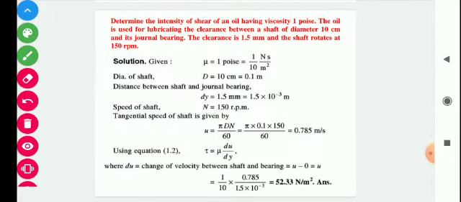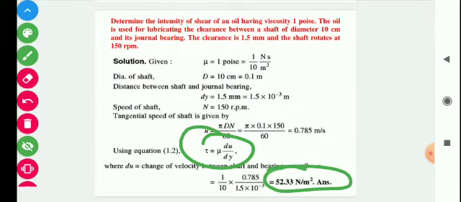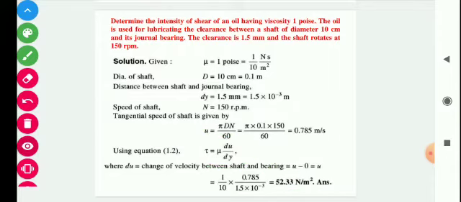And now the velocity du is the difference of the velocity. Only the bearing is moving, so the second part is constant. So du will be equal to whatever speed we have calculated minus 0. So put all these values in this equation, and finally the value of shear stress will be 52.33 Newton per meter square. So moving further,